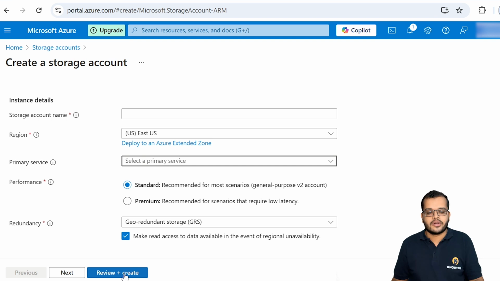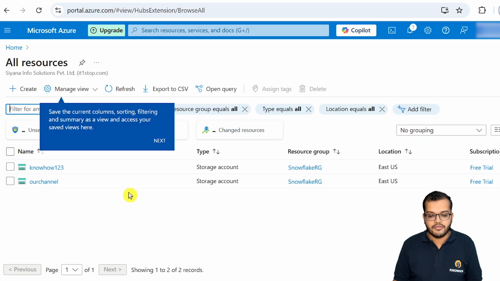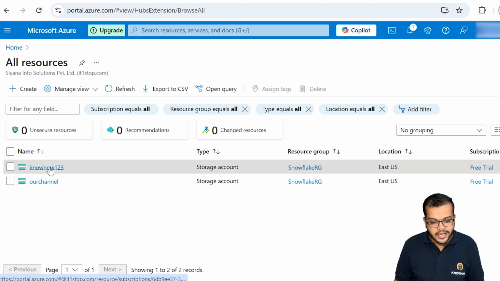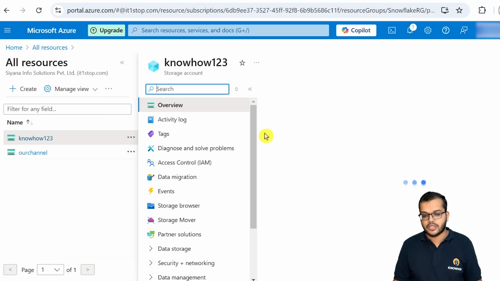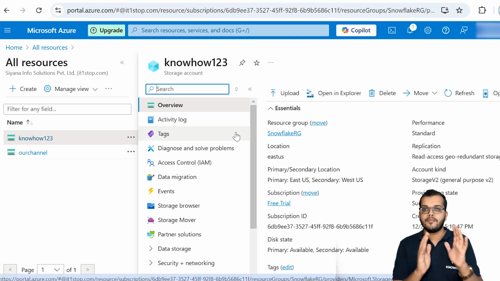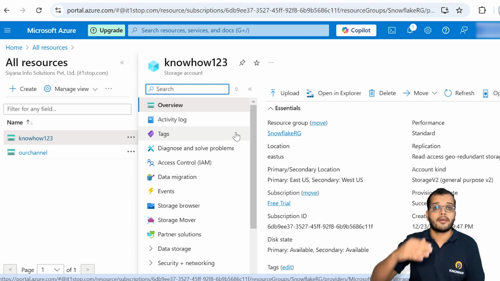But that is not sufficient. As soon as we create our storage account, we can see the services that we have used so far. I'll just click and open one of the storage accounts that we have created, which is KnowHow 123. In this particular storage, if you want to upload some files, or some important documents that you have in your computer, so that you would like to upload them in Microsoft Azure,